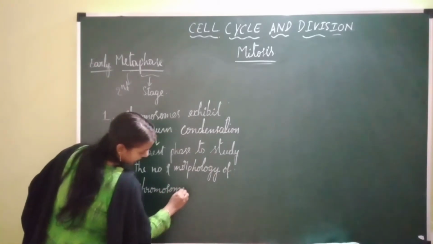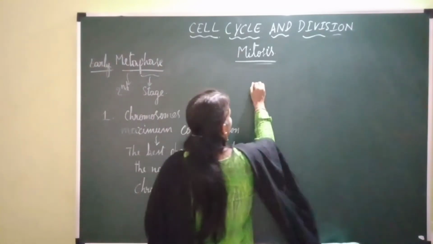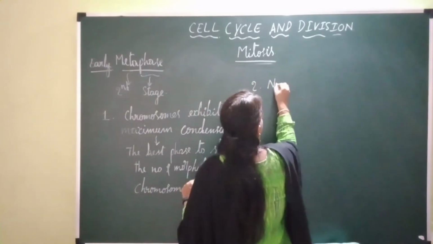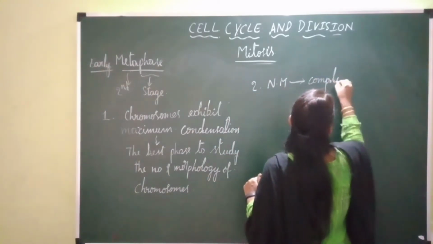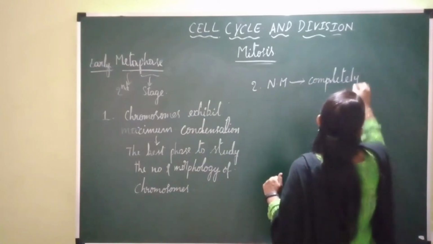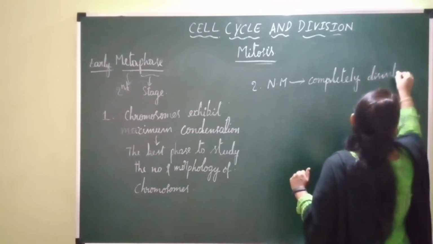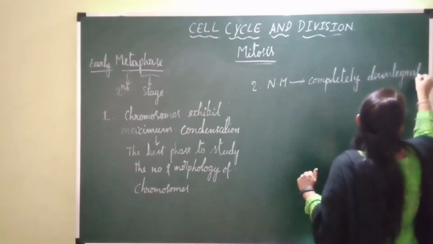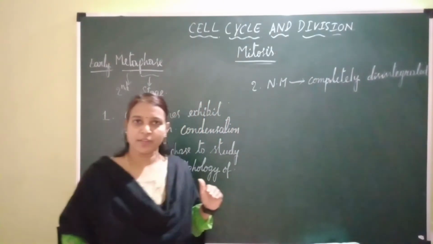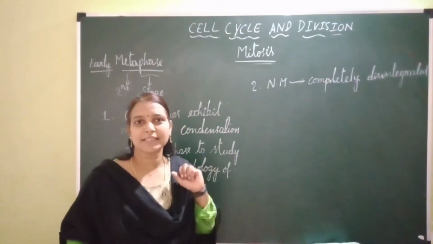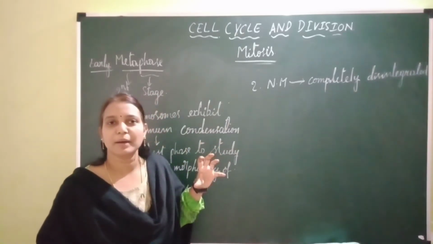Okay. So in the early metaphase itself, that is at the beginning of the metaphase, the nuclear membrane undergoes complete disintegration. Actually, by the end of prophase, what happens? The nuclear membrane starts disintegrating, and by the early metaphase, that is by the beginning of metaphase, the nuclear membrane is